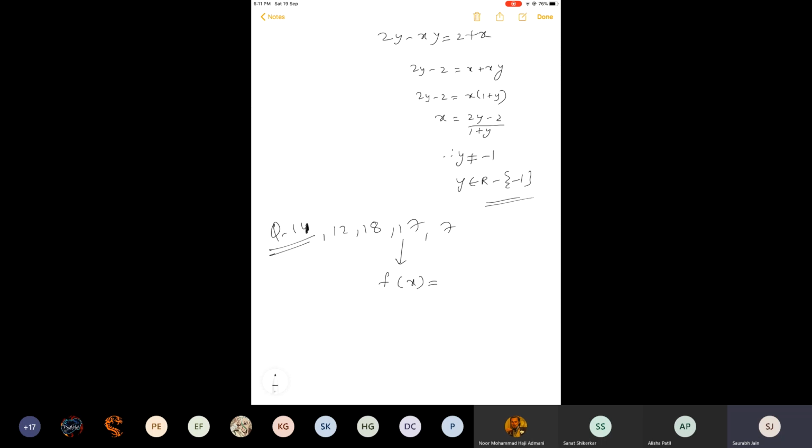For real x, f(x) equals this, then f is, okay, everything is given. Domain is given. For real x means domain is R. And if you look at the options A, B, C, D, what is given is one-one but not onto R, f is onto R, like that. That means codomain is R. So for real x means domain, and from the options, every time with onto they are using capital R, that means codomain is R. So they are asking whether, with respect to this domain and codomain, is this function one-one and onto or not?